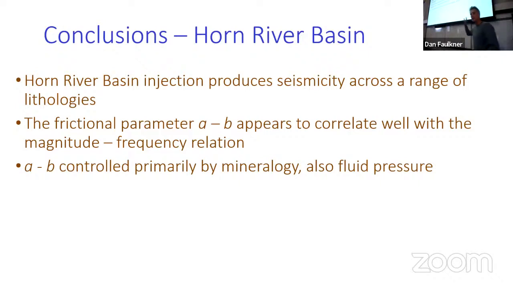But just to wrap up this little bit of the talk, the reason why this is important, I guess, is that we've shown that there's a material parameter relation, which seems to correlate well with the magnitude and rates of seismicity that we see. So what this means is that if we tie this down and understand this a little better, there's a possibility that we could drill a hole into the subsurface where we're thinking of injecting for geothermal or CCS or anything really.